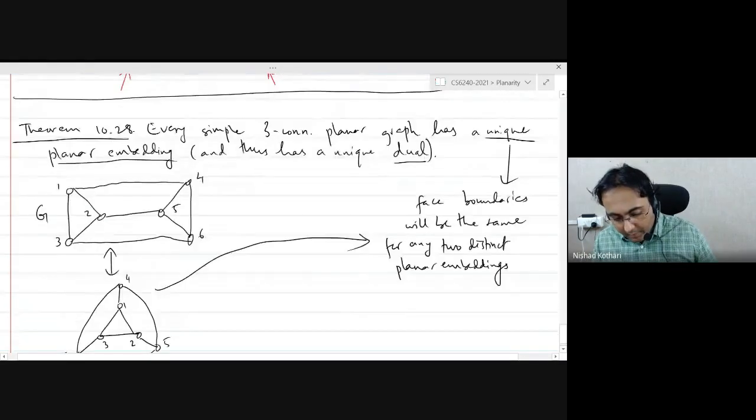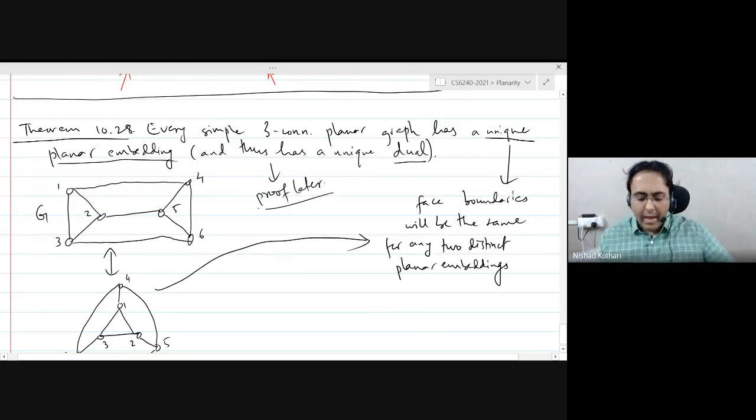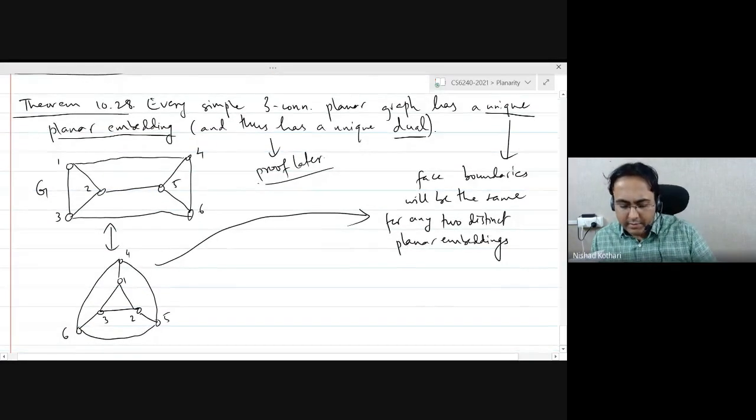Okay, so we will be proving this later. Right now I'm just stating it. Let me just say here, proof later. And intuitively, this is one of the reasons why any proof of Kuratowski's theorem generally reduces the problem to three connected graphs. What this theorem 10.28